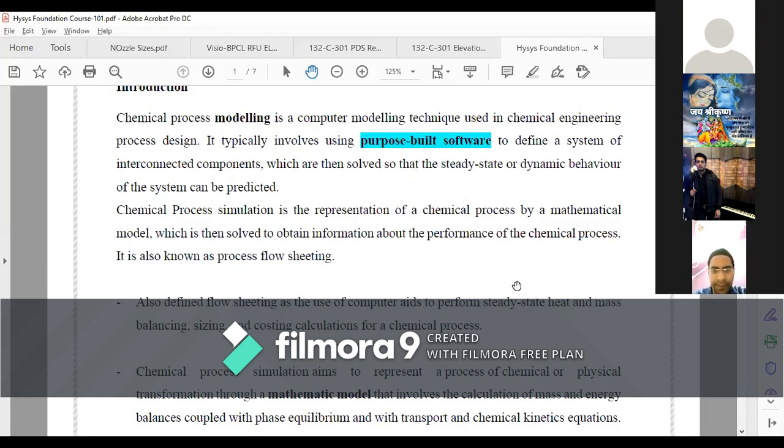For example, if we are going to simulate a sour water system, then definitely you will get a result from Aspen HYSYS as well as Aspen Plus, but the result which you get in Aspen HYSYS or Aspen Plus will not be as reliable as the result you can get for sour systems from the ProMax software. So this is basically the meaning of purpose-built software.